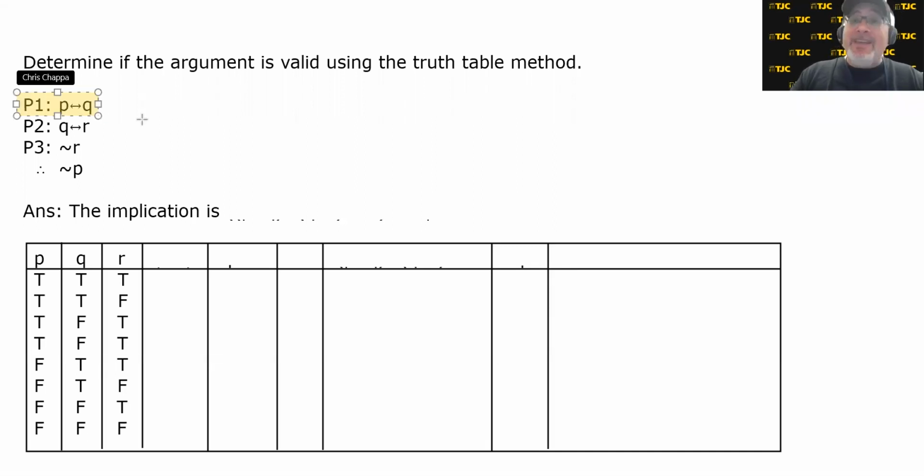Premise 1, P if and only if Q, the biconditional. Premise 2, Q if and only if R, another biconditional. Premise 3, negation of R. Conclusion, negation of P. Now, this did not stem from a word problem context, but there could have been a